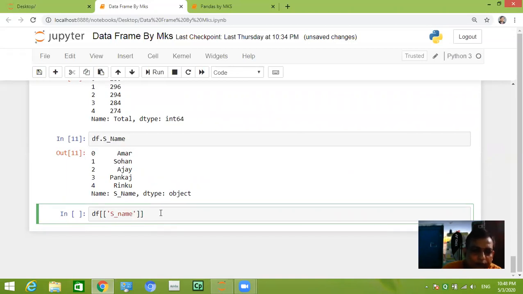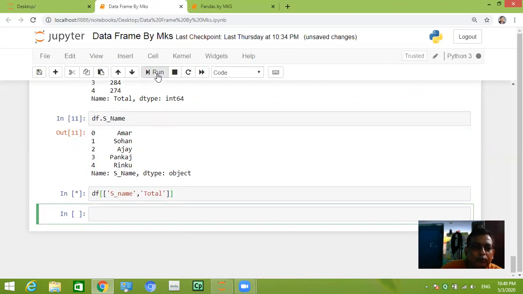We want name in the output and we want total marks in the output. So in this way, whichever names you write, only those values will come in the output.